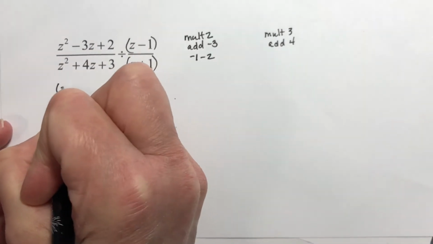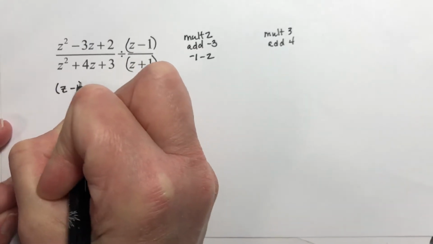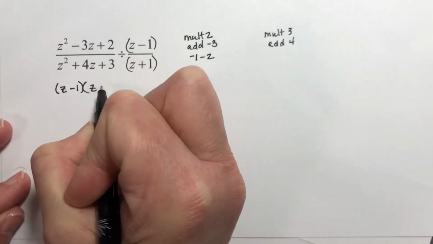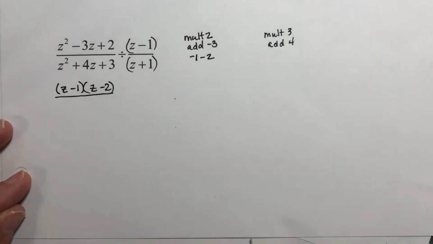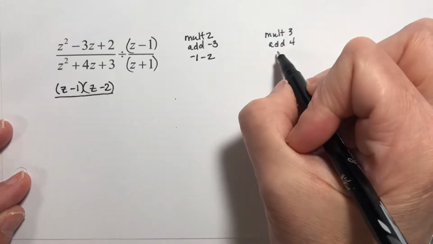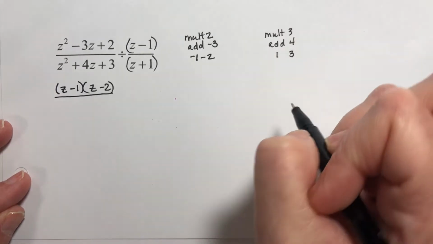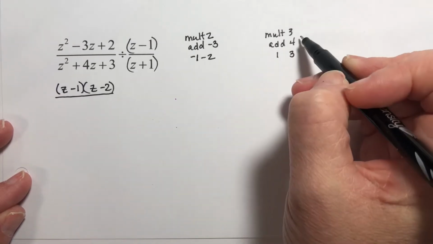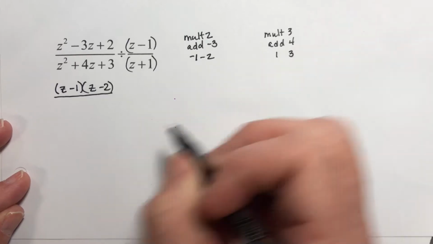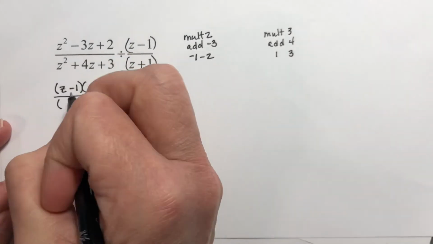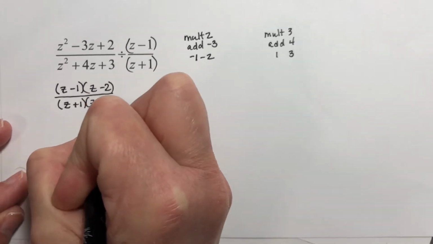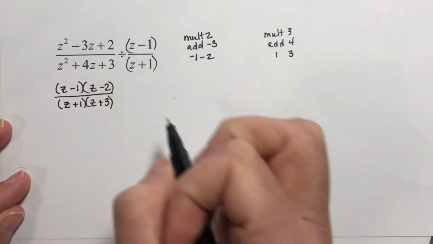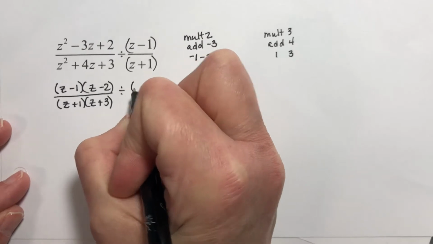So the top will factor as z minus 1 times z minus 2 over. Multiply to 3. Well, the only things that multiply to 3 are 1 and 3. Add to positive 4. 1 and 3 are going to work. So this is z plus 1, z plus 3, divided by,